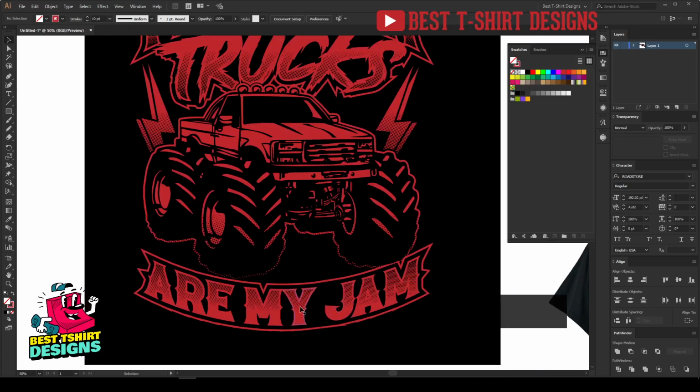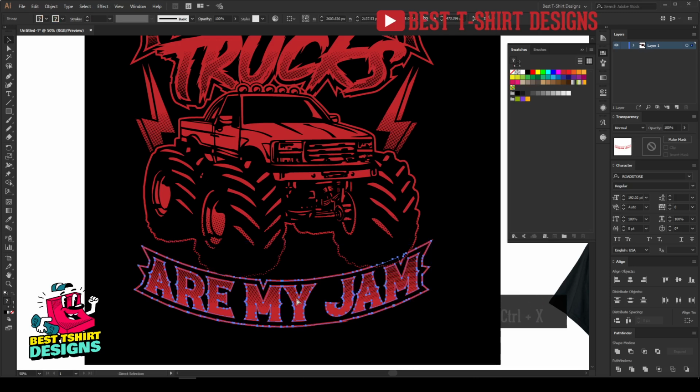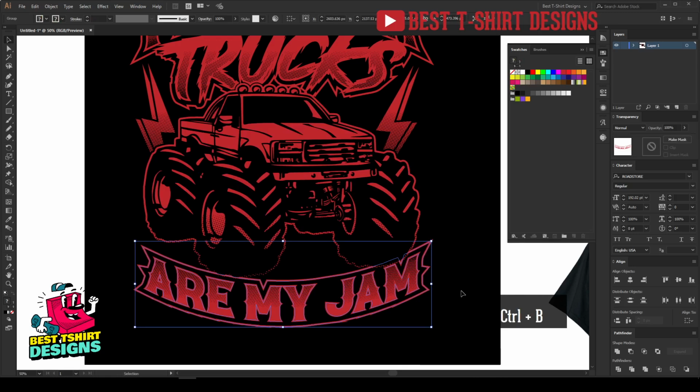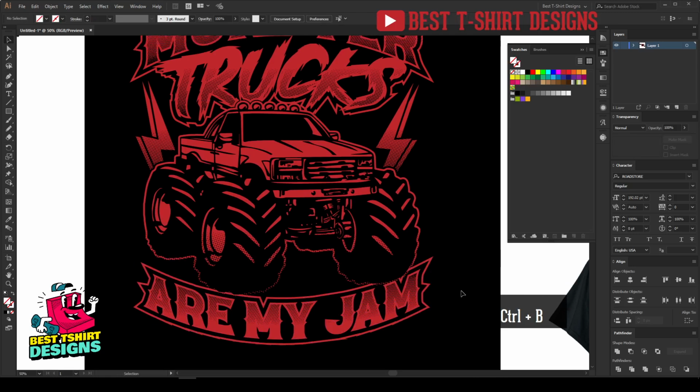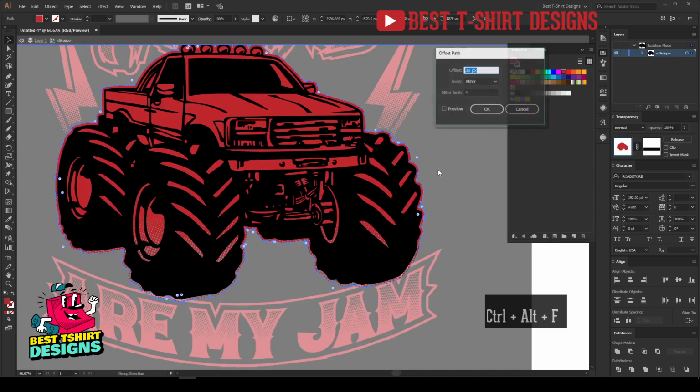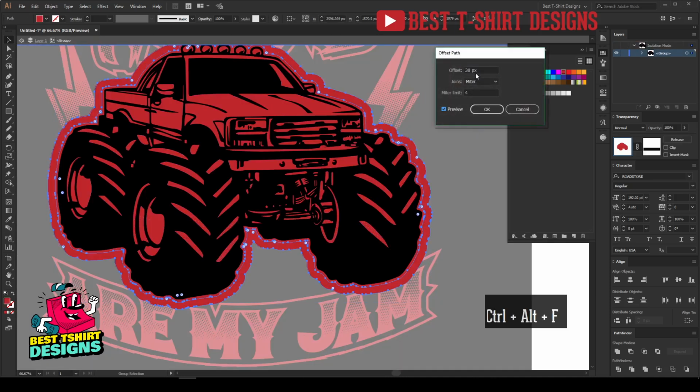I need to simply select this one and then these two, make them a group. I'm going to cut them and then select these shapes and paste in back. So this is how it is going to look right now. And for that area, that stroke area, it is not looking very good from here. Let's do something. So I'm going to select this shape and then create offset path, not 20 pixel, just 10